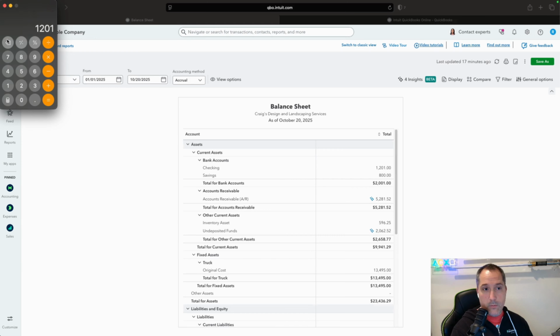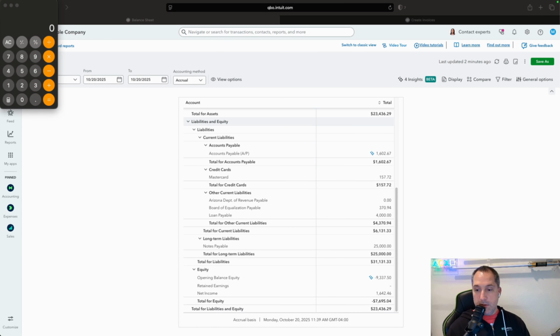Currently it's 1,201 plus 10,800. We'll see that checking account go to 12,001. On the profit and loss, we'll see a nice even sales amount of $10,000. That's because the sales tax is an expense. Once the invoice is included, we'll see the $1,642.46 net income plus the $10,800, minus the $800 in sales tax expense. So we'll see that net income go to